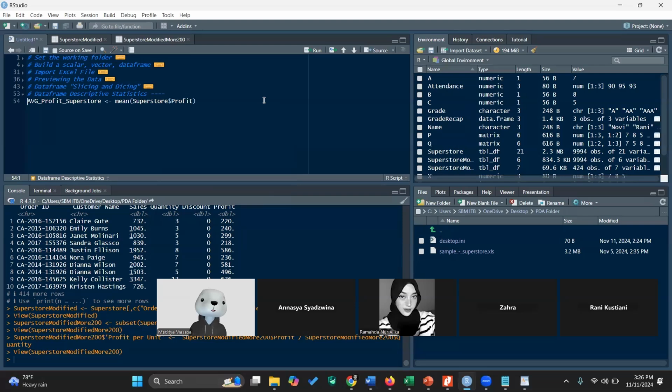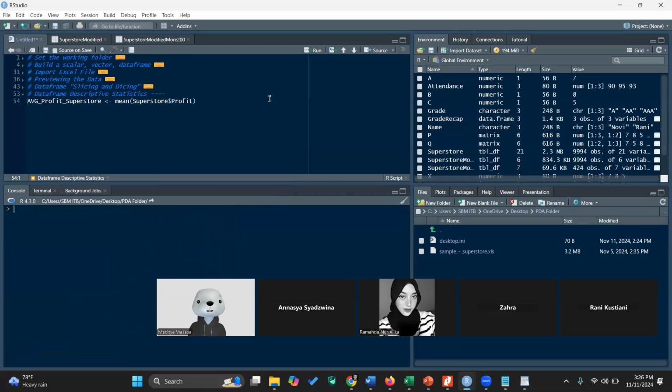For example, if you want to see the mean, the median, this is the function.